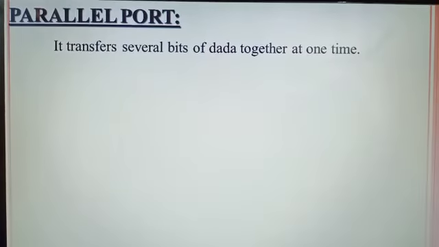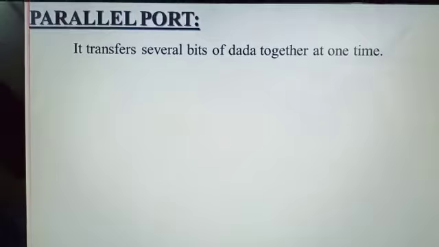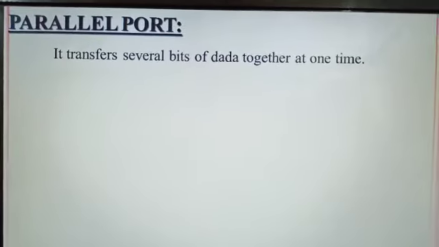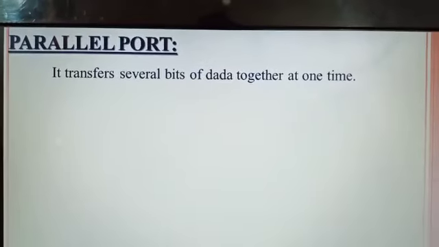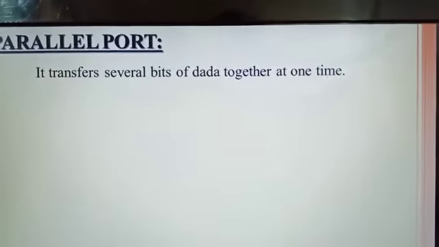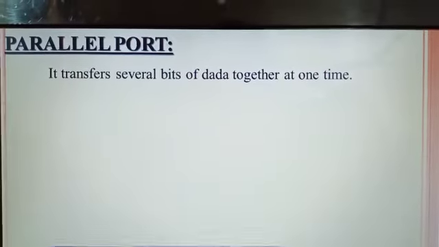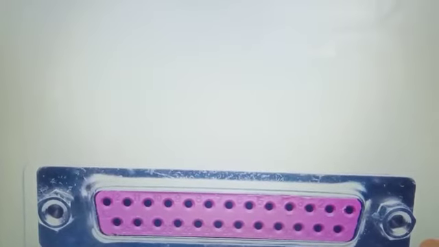So that is the parallel port. If you want to send any information, just select all together and send. Through the parallel port, all the data gets transferred from one place to another, or from one file to another file. That's why the parallel port is used. See, children, the image will be like this. You might be seeing the difference between the serial port and the parallel port.